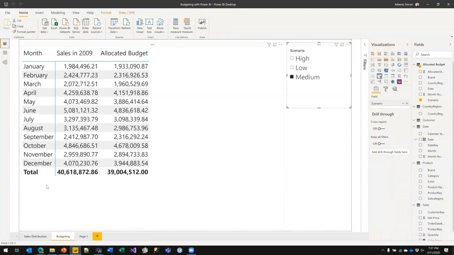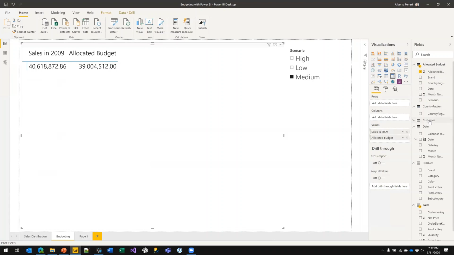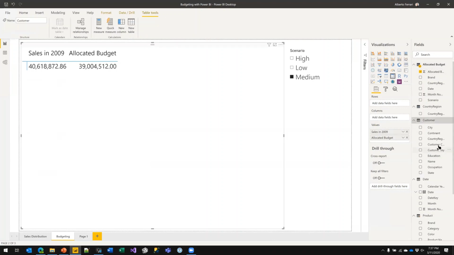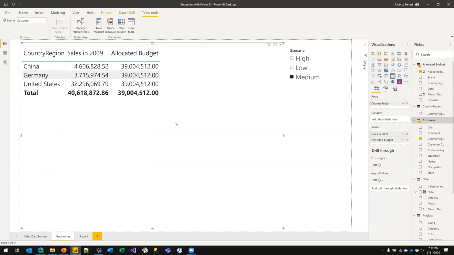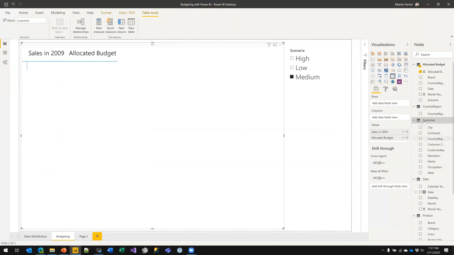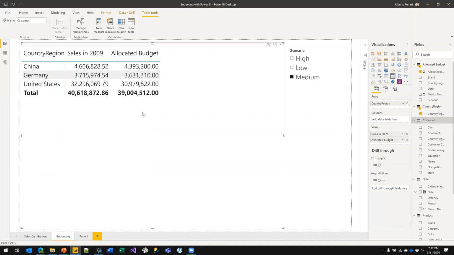So here I have the month. Let me get rid of the month. If I use the country region from customer, as you're going to see, nothing is going to change. The budget is not yet filtered. If instead I use the country region from the country region table, that will filter sales and budget at the same time.